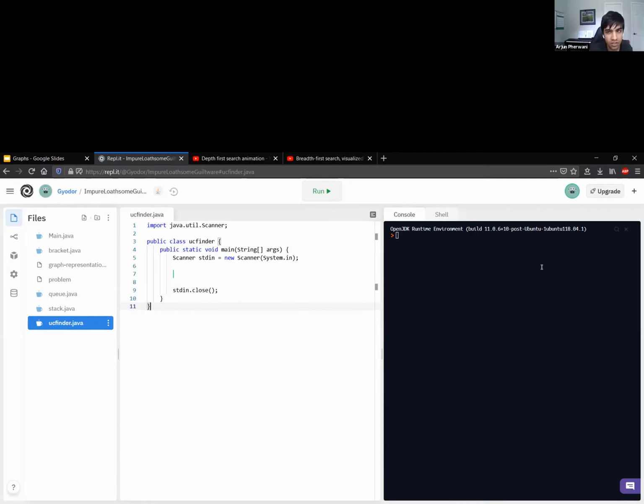So the first thing we're gonna do is accept the input. What I like to do is take a copy of the input and put it in comments at the bottom. This way, I actually know what I'm looking at, because if you don't know what the input format is, you can't actually accept input.